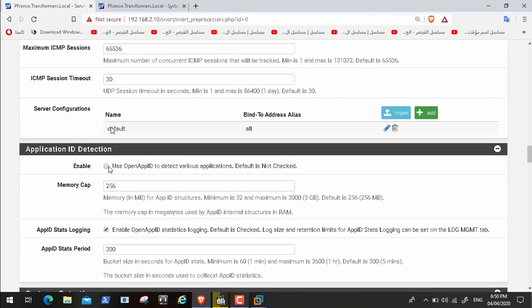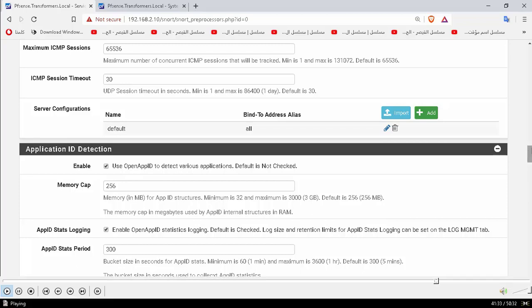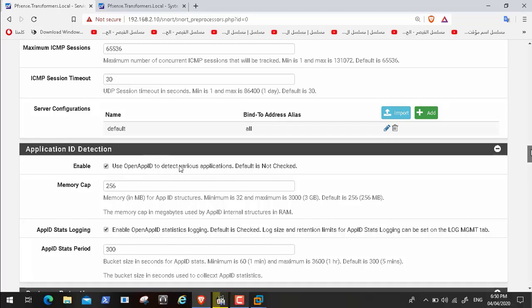Here, application detection. This is another option, let me show you. When Snort is monitoring your WAN activity, or the activity of your internal network to the internet, it has something called Open App ID. The Snort intrusion detection system knows which traffic is coming from which application. It has the ability to know, for example, if the packet coming with a specific setting